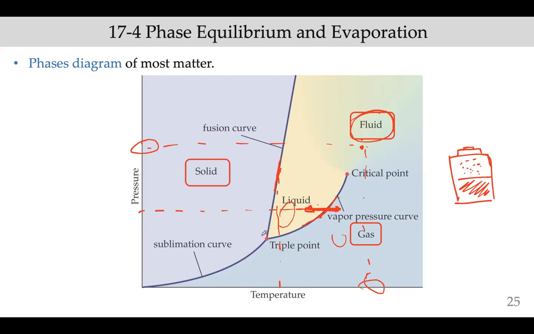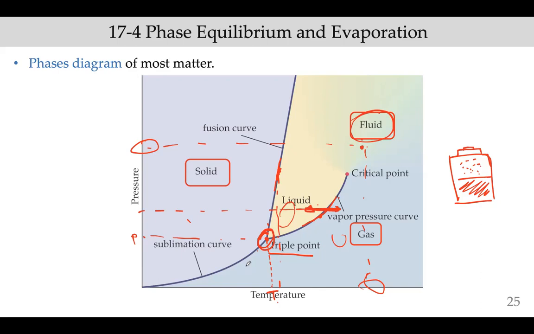And there's another point where the three curves meet. That's called the triple point. This is a very specific value. You can see that it has a specific temperature and a very specific pressure. You can be on these curves at different pressure and temperature values, but this is just one specific temperature and pressure value. If you can get to exactly this point, which you can do in a lab, that's the triple point, you can have